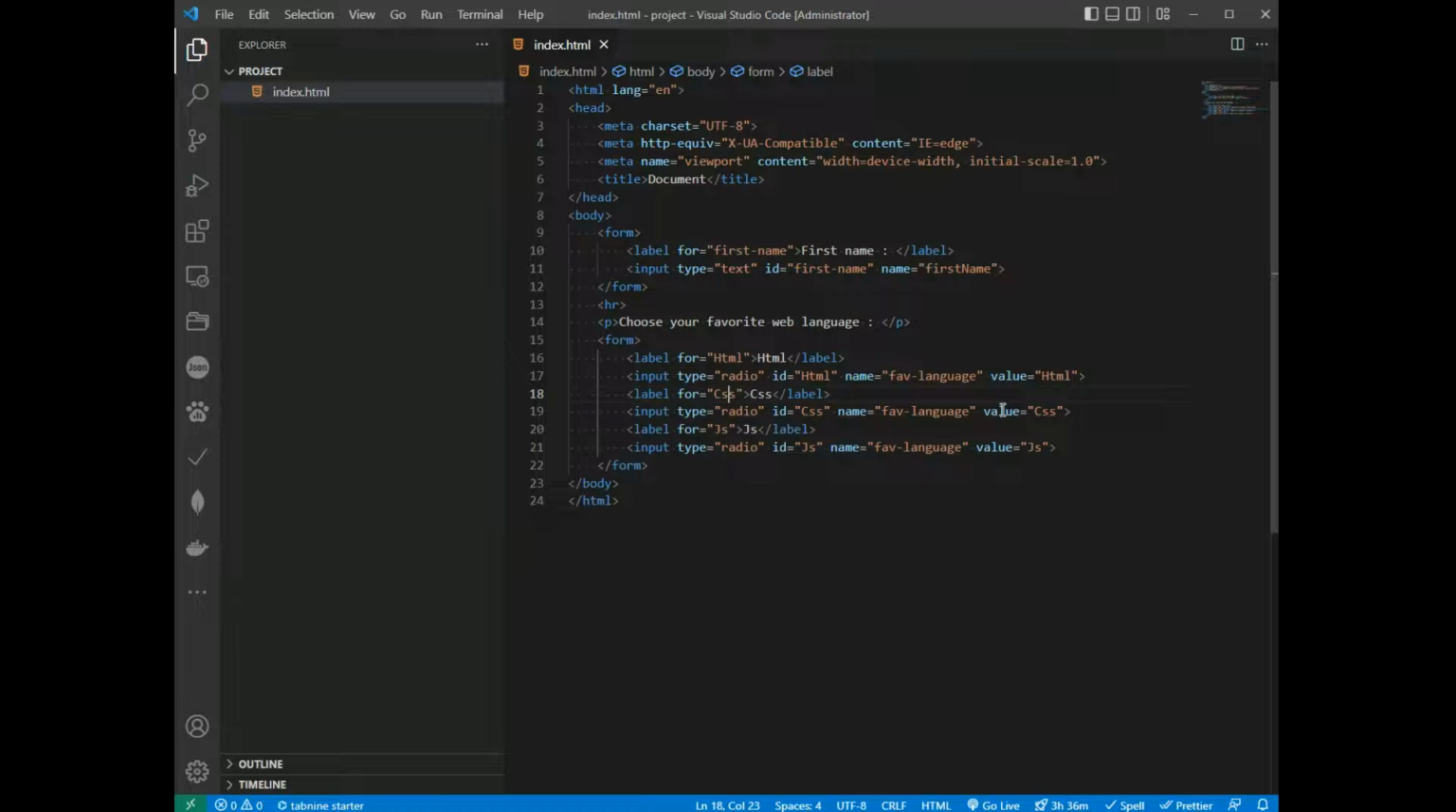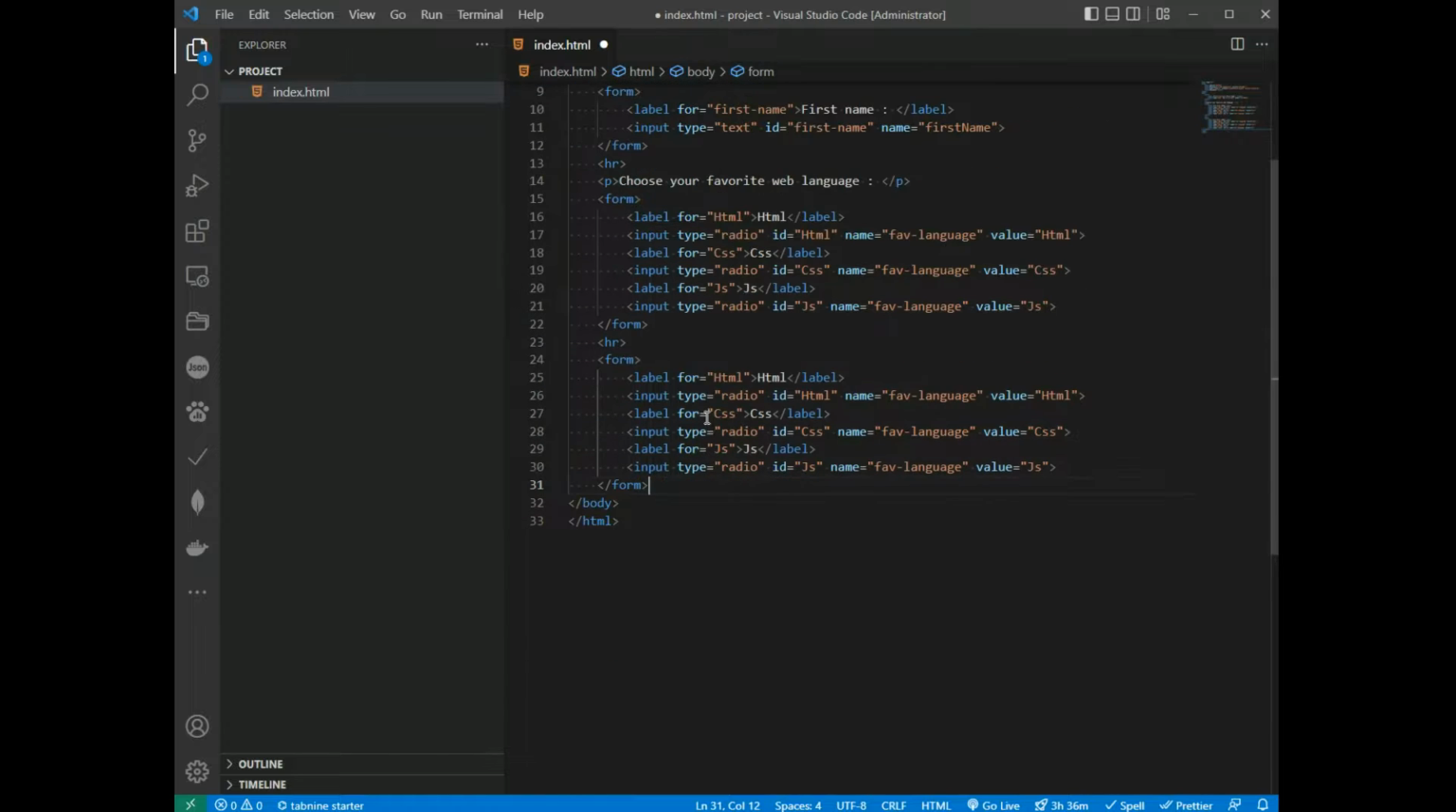Checkboxes. The input with checkbox type defines a checkbox. Checkboxes let a user select 0 or more options of a limited number of choices. So I copy this form and HR tag, paste, and so for example